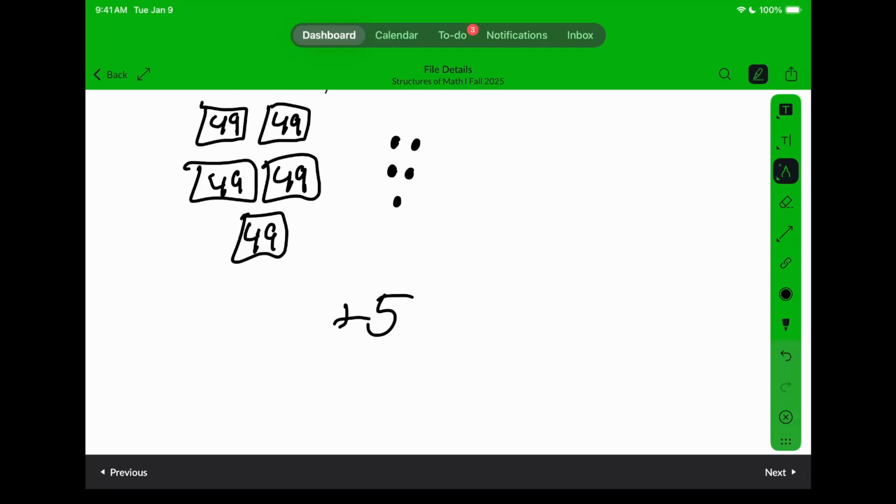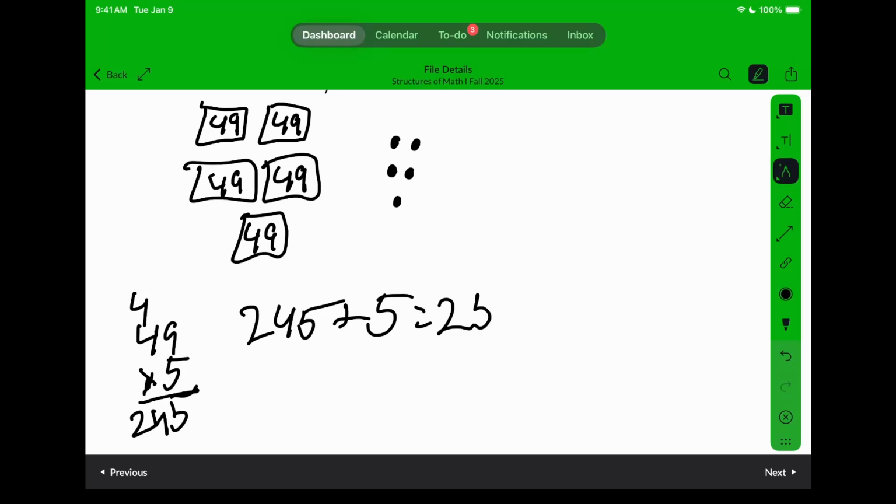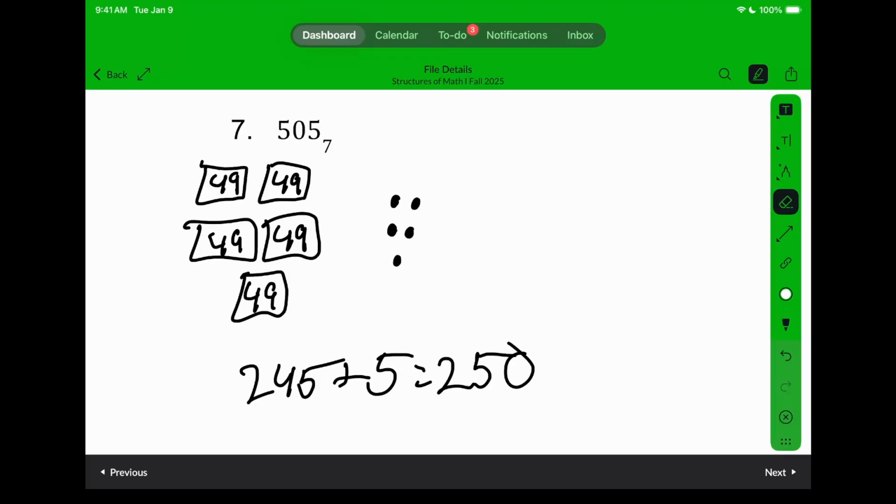So we can do this on the side. 49 times 5. 9 times 5 is 45. 5 times 4 is 20, plus 4 is 24. And then 245 plus 5 equals 250. And then finally,